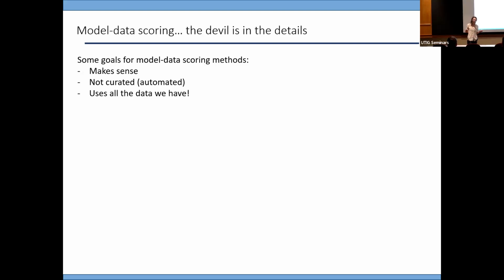The problem with that is that there's maybe some user bias. It's not always clear why different dates were chosen. And you don't use all of the data that we have. And another problem is as soon as somebody goes out and collects more data, it becomes obsolete pretty quickly. So our goal is to try to put this all together in an automated framework using all the data. And here it's a lot of nitty gritty. The devil is in the details.